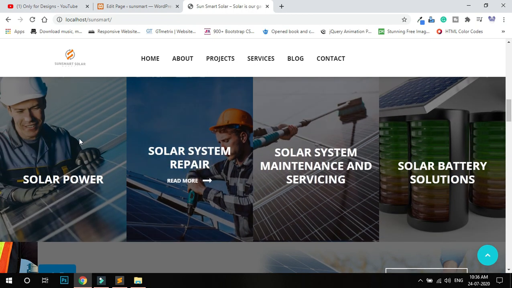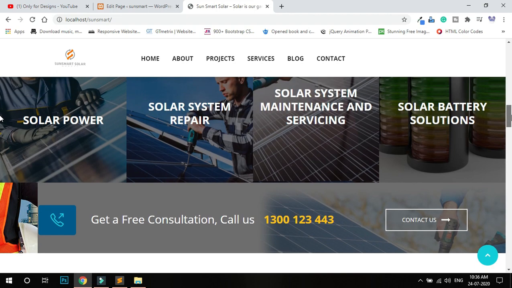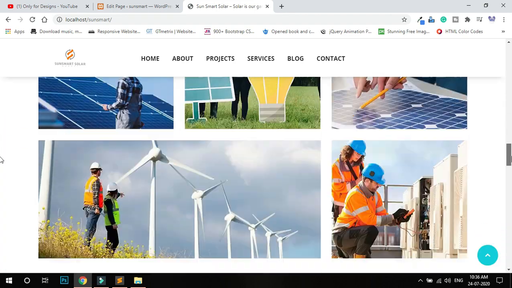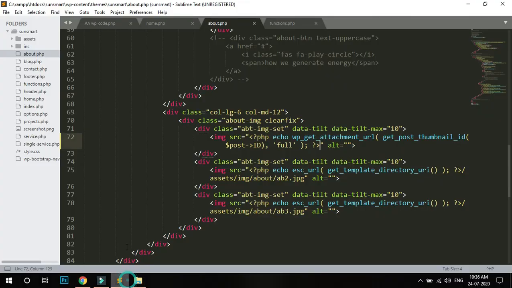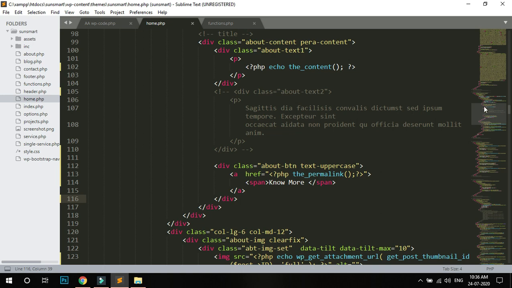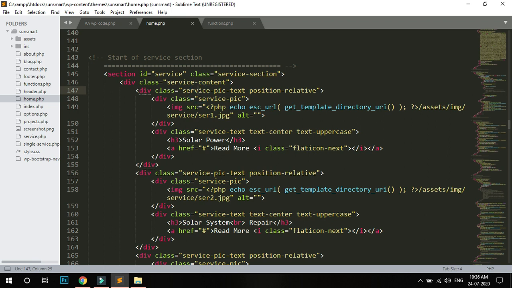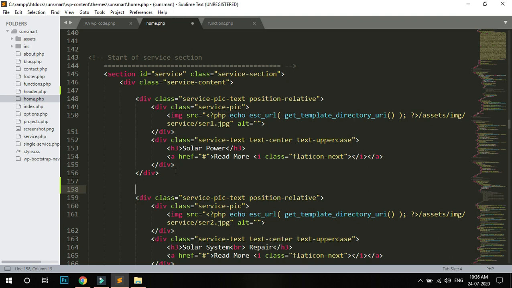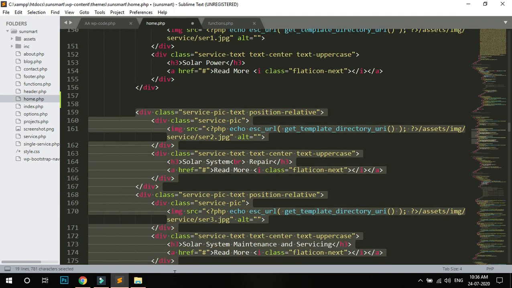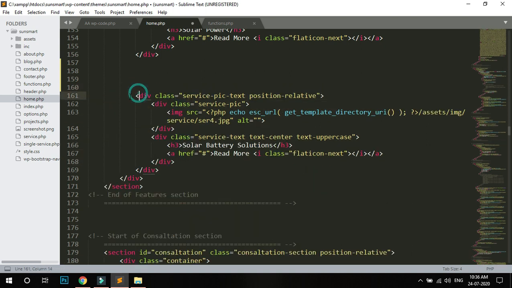What I need now is just one service, because I'm creating a dynamic one. So I need one service, in the home section, this is the service code. This is one service, you can see, and I remove all the other services.